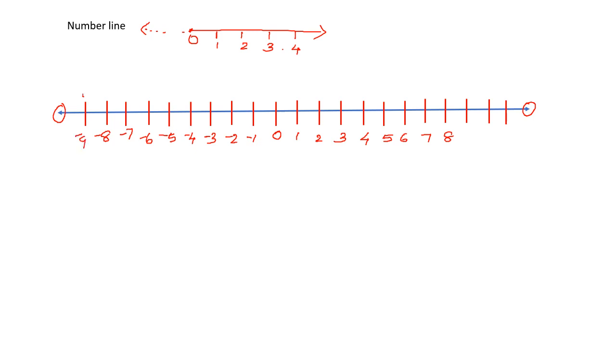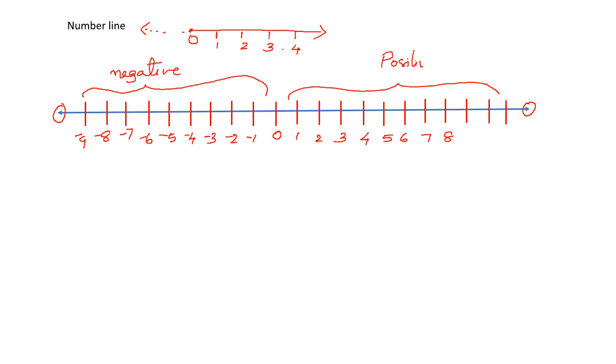So this side we have the negative numbers from 0, and from 0 to the right we have the positive numbers. So what are integers? Integers are a set of numbers. Integers means we have negative numbers